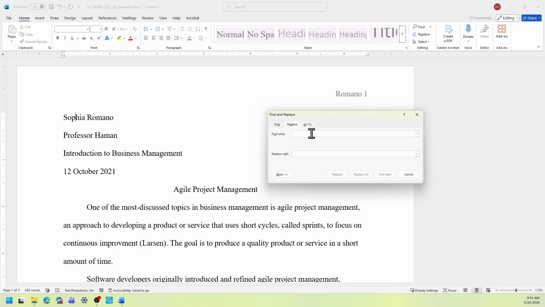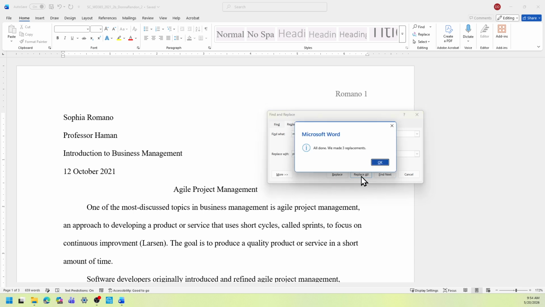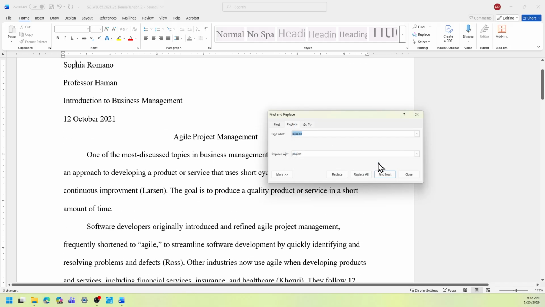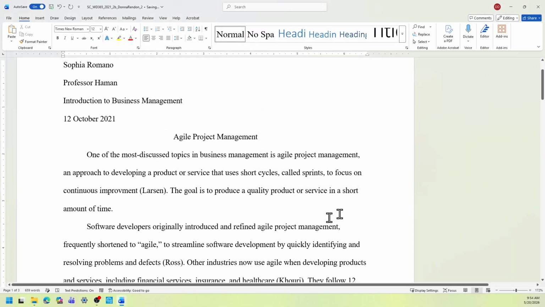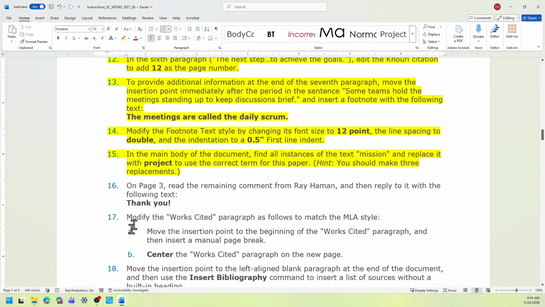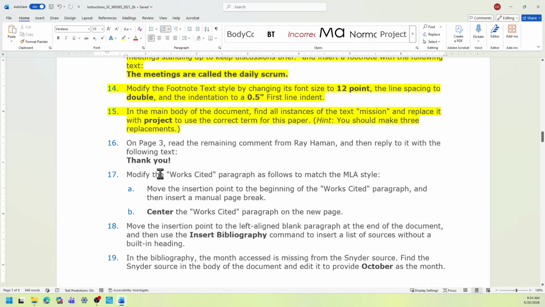Find what should be mission, and then replace with the word project. You're going to select Replace All, and as you can see, I've done 3 replacements. Click OK, and then click Close. Back to the instruction. Okay.